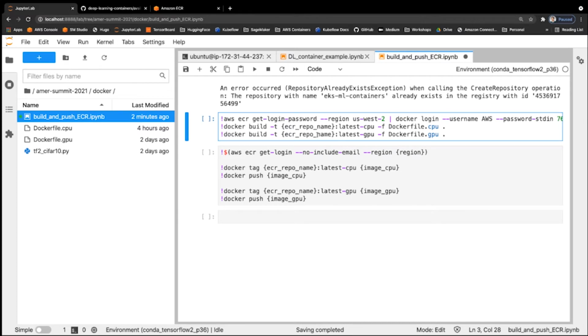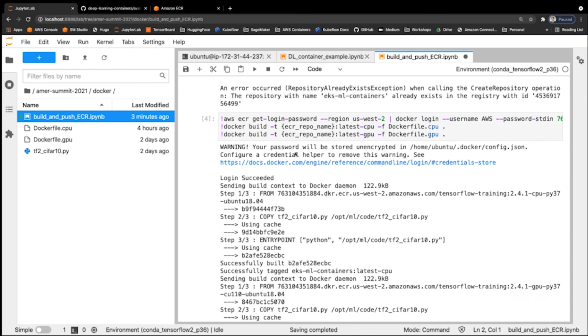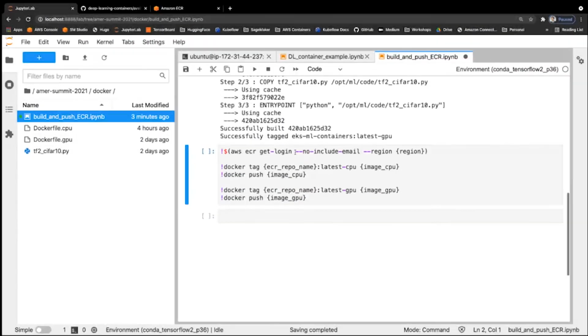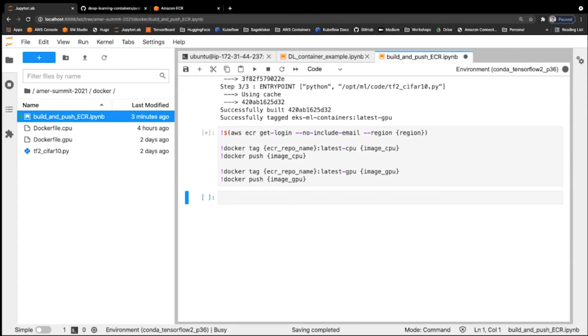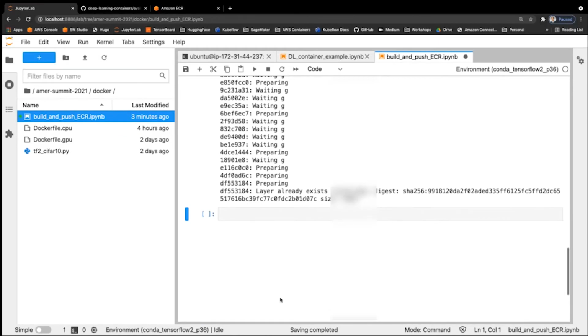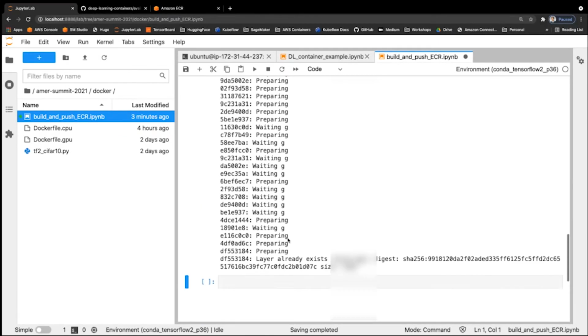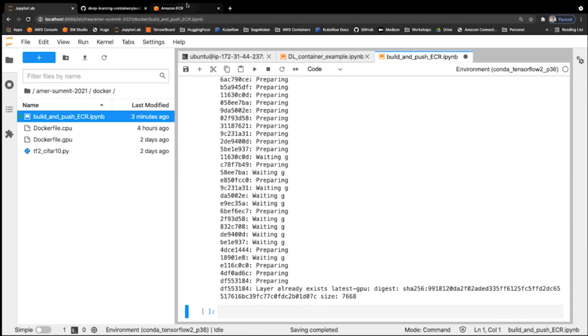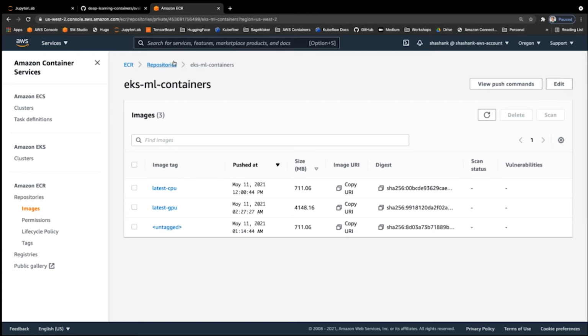After that, you build it using the build command, and then you use the push command to push it to the container registry. And you'll see here that all the layers, a container is built of layers, and all the layers have been pushed. Now let's go to Amazon ECR, and here you will see that this is my repository, EKS ML containers, and here are my two container images that I pushed to this registry.